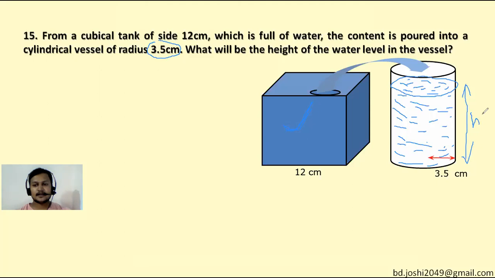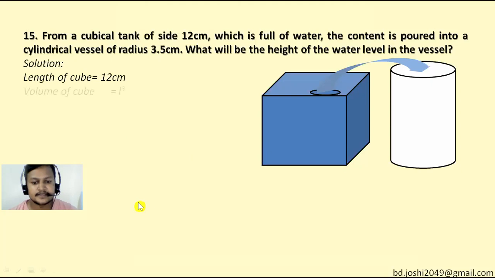And by using the formula of volume of cylindrical shape, because the water will remain in cylindrical shape inside the cylindrical vessel. Cylindrical vessel भित्र पानी कस्तो शेपमा रहन्छ त cylindrical शेपमा रहन्छ. यो सिलिन्डरकै हाइट फाइन्ड आउट गर्नुपर्ने होइन. We don't have to find out the height of cylinder. We have to find out the height of water inside this. यो भित्र कति हाइटसम्म पानी गयो भन्ने थाहा पाउनु पर्ने.